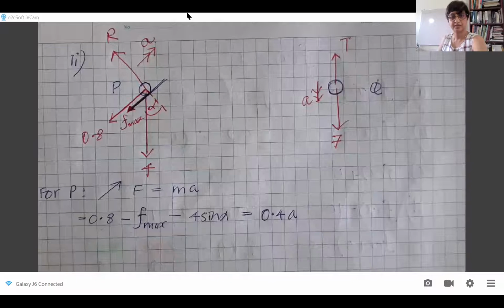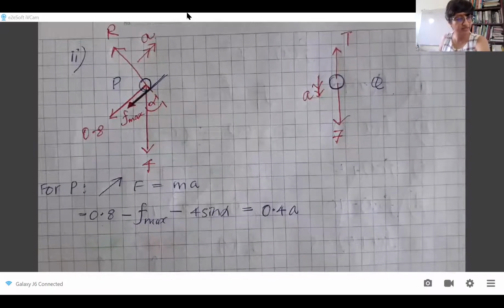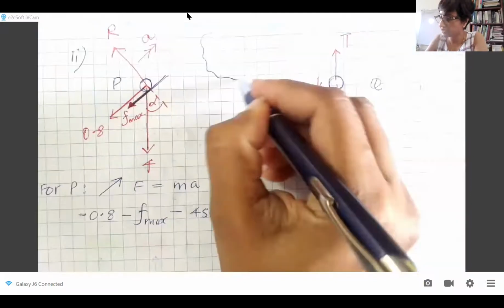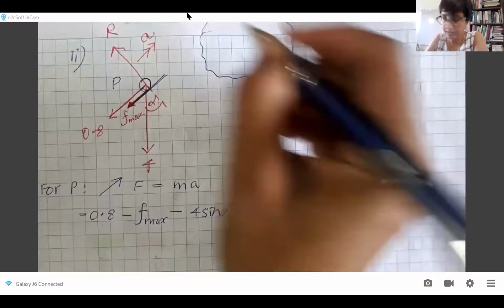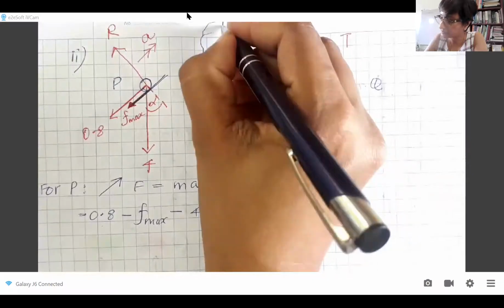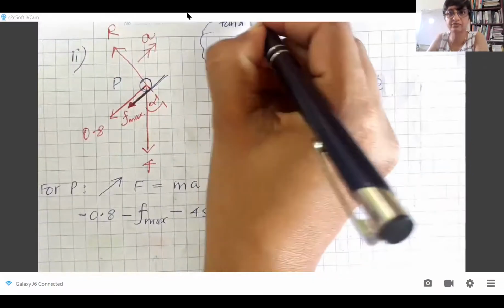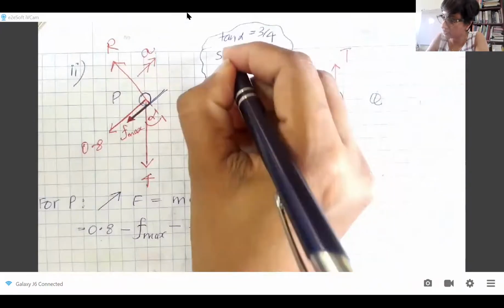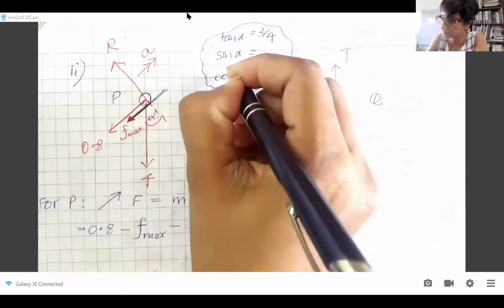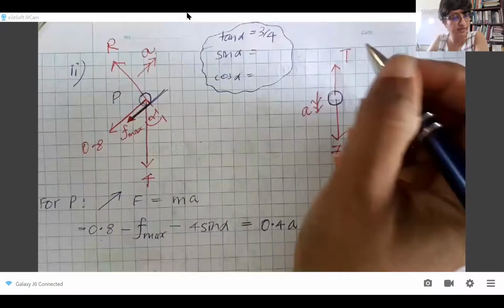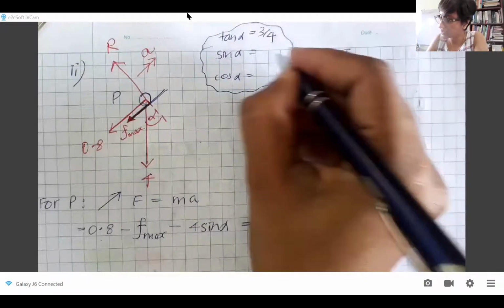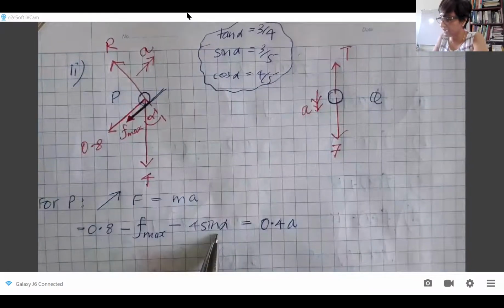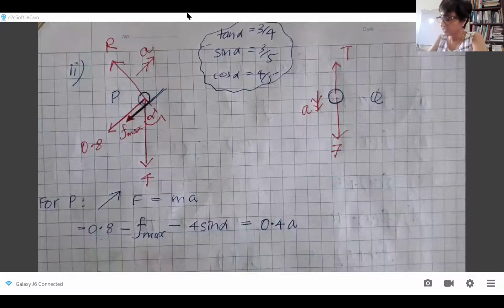Okay. Now sine alpha, I think we found in the, if you can refer back to your previous work, they have given us tan alpha as 3 upon 4. So we found sine alpha and cos alpha from that. Sine alpha is 3 over 5. Cos alpha is 4 over 5. So I can apply it here. And F max I can quickly find if I,